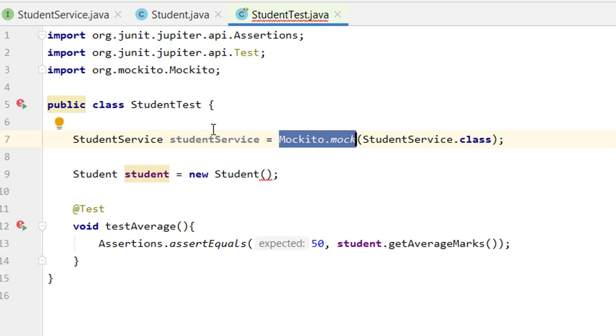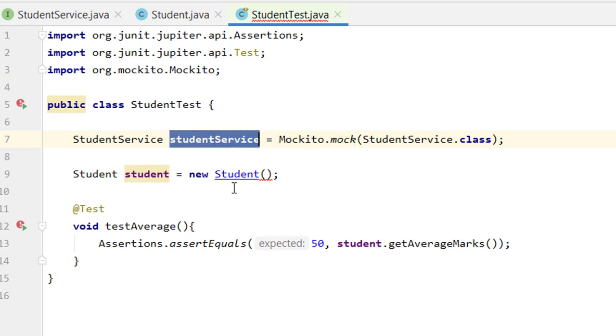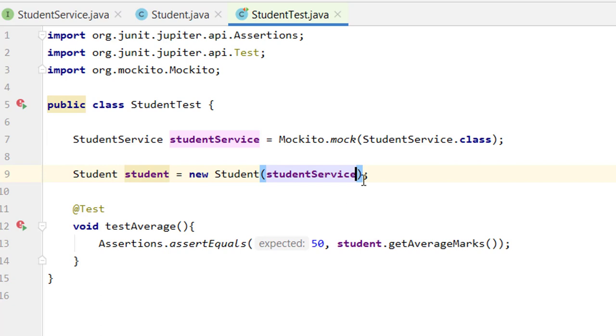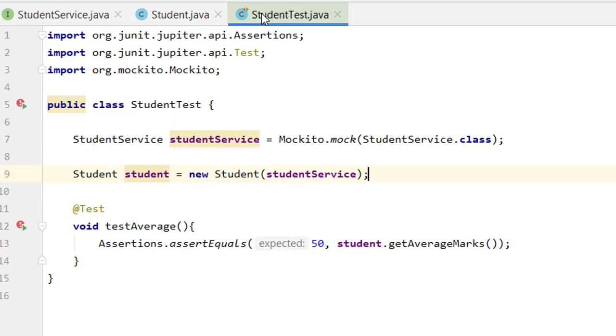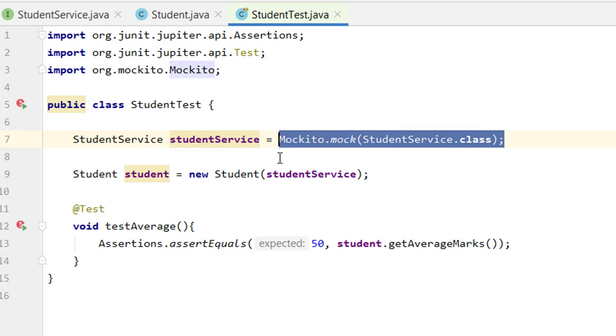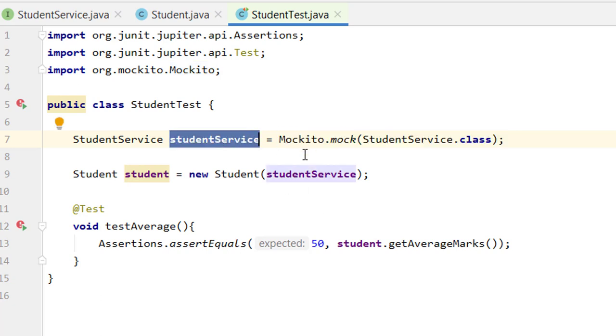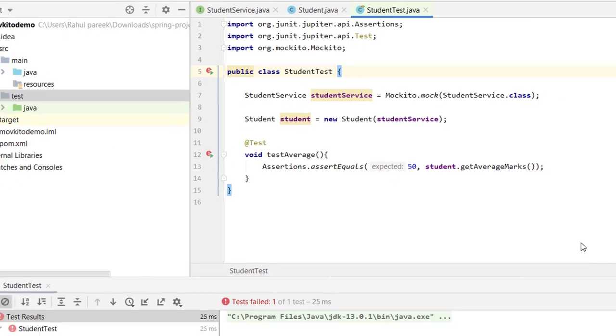Mockito has created a mock object of the student service, and we can simply pass it in here, so that now our situation is fulfilled, because we are providing an object of our student service. And I am telling again that we cannot create a student service object rather than creating it with Mockito. So it is giving us a mock object. By using Mockito, we have created this mock object. Now let us again run this particular test case and let us see what will happen.